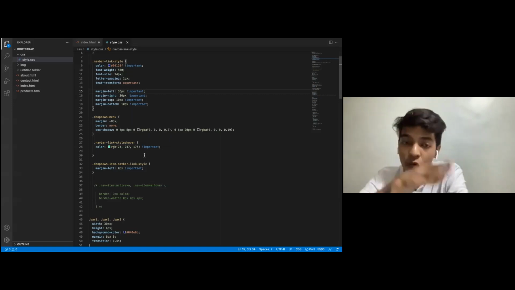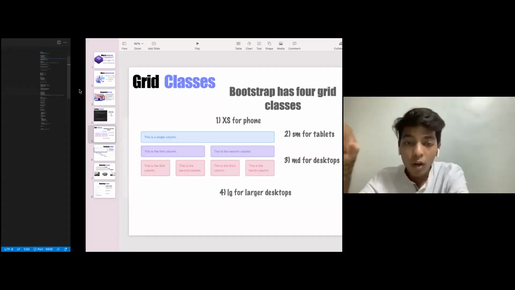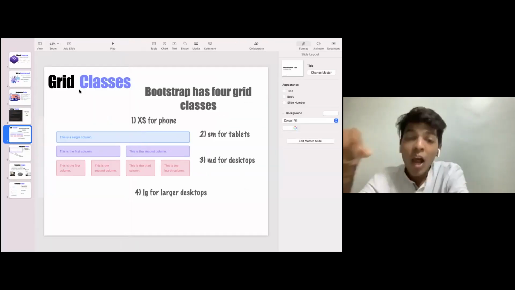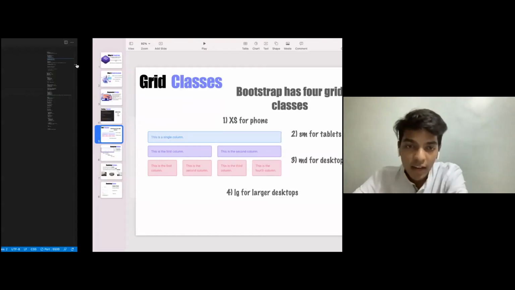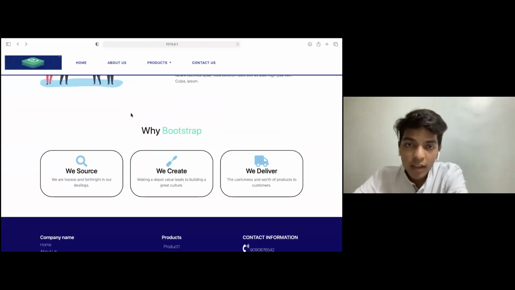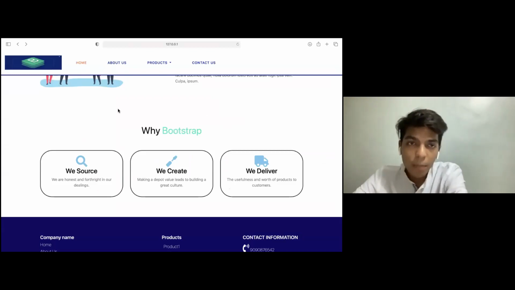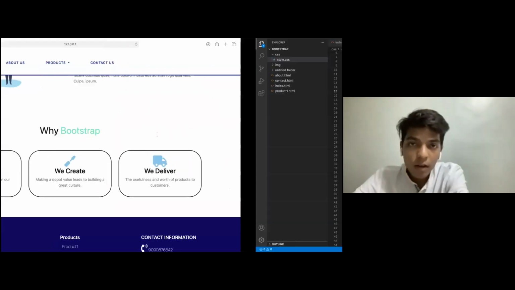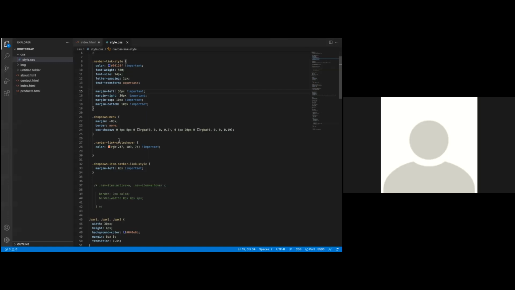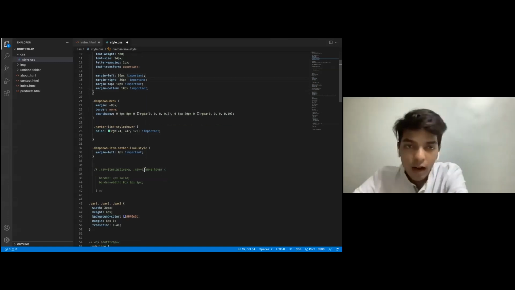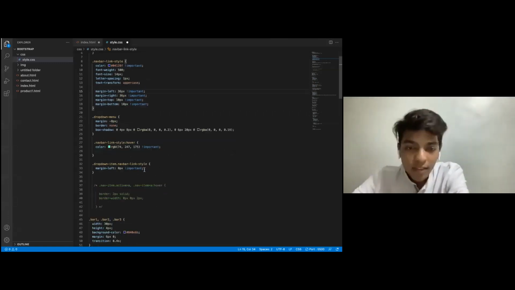We put in a colon, hover, and when I hover on my website, the color is the color that I've assigned. If I make this color, see, it is orange. So I'll be putting it back to the color that I wanted.